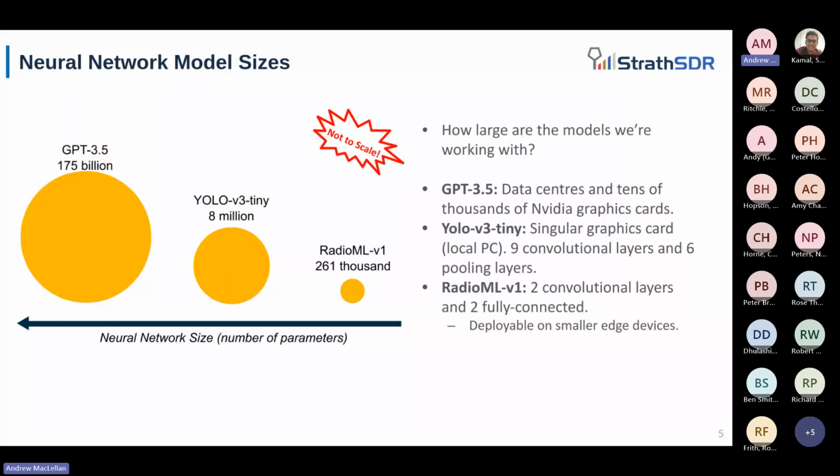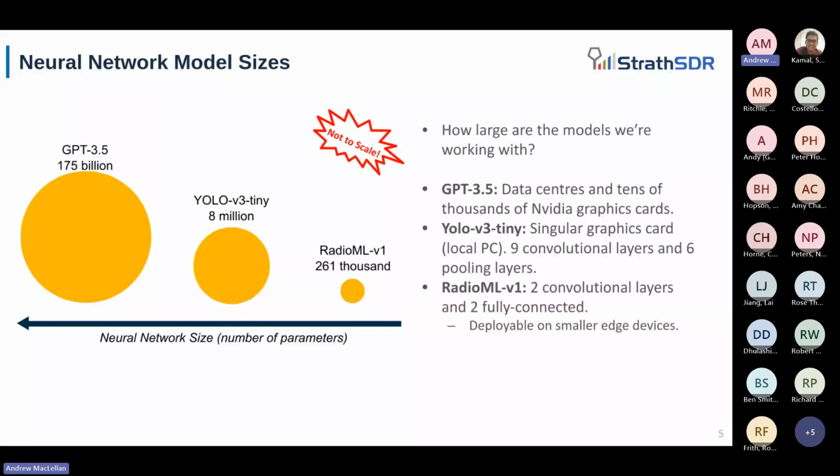So in terms of a little bit of context, because when we use deep learning, it can mean a big range of things, the different neural network sizes. So how large are we talking here, right? If we look at GPT 3.5, which is the previous version of ChatGPT's OpenAI model, that's from what estimates say 175 billion parameters, which is implemented on tens of thousands of graphics cards. Then we have things for object recognition, something that you could run maybe on a singular graphics card. It has maybe 9 to 15 layers in total, and maybe you could squeeze it onto a system on chip device.